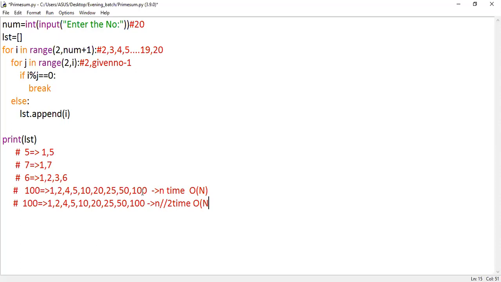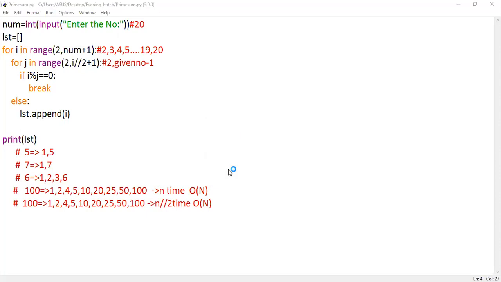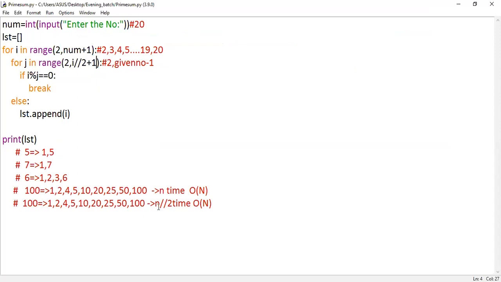So complexity-wise, this n by 2 is not going to give you much difference, guys. Like here, n by 2 plus 1. When you execute this one, it is not going to make much difference. We'll have a little difference. So here, just now executed, you can notice that. This also generates the same output. Output-wise, you don't find any difference. But your iteration might have reduced to half. But if you want to make it more optimized, you're supposed to go to the square root of the given number times. I believe that everyone is following me.